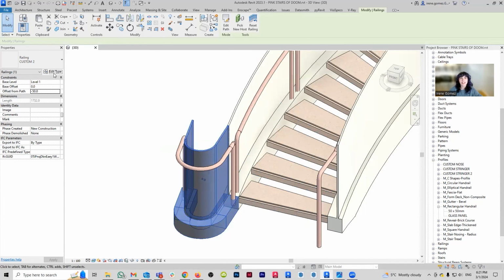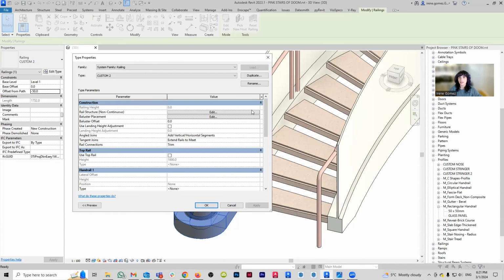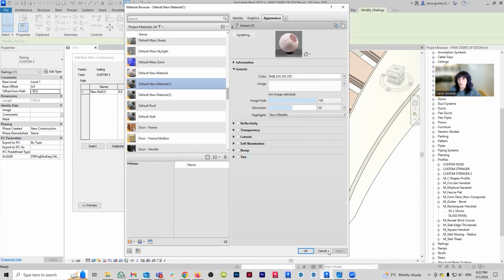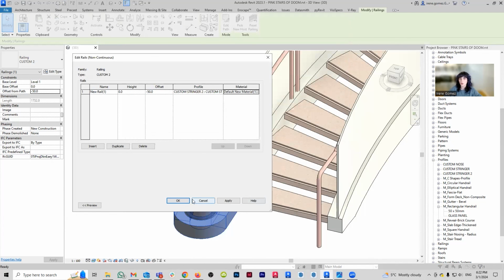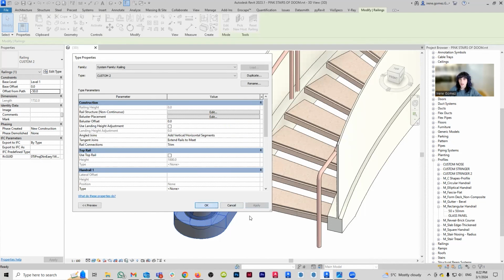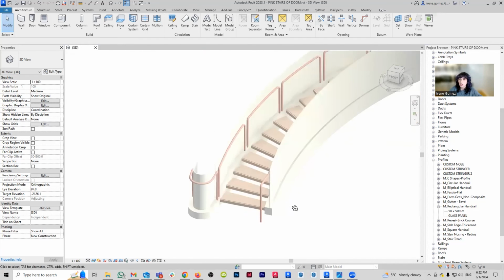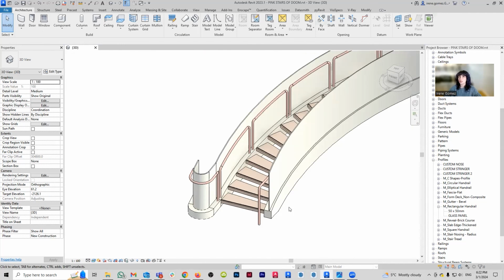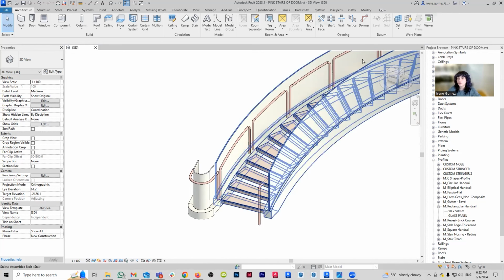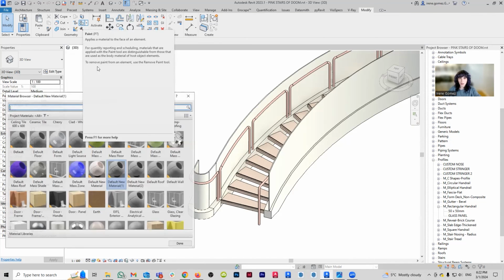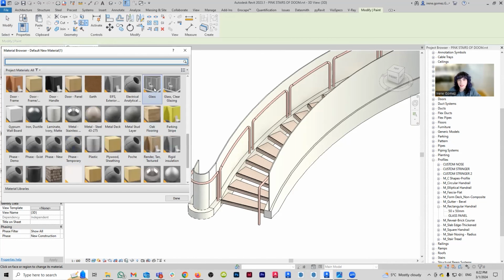And then finally, we're going to select this one and give it the same material as the other one. So if we go here, we're going to give it that same white material. And now this is the part where we are going to fix the issues. Because again, what you can see here is that my glass is not glass. My glass is the same material as the stringer. But one thing that you can do in Revit is override the geometry materials with a painted material. You can find that under modify, and it's going to be this one here, Quickie PT. So PT for paint. And I'm just going to choose the default glass that comes with Revit.